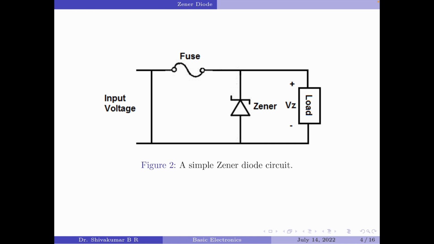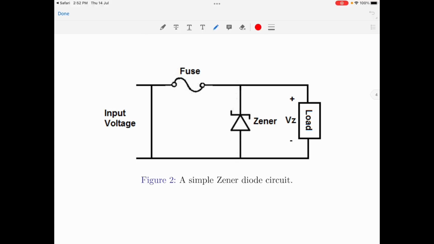Let us now try to understand how reverse breakdown occurs in a Zener diode and what is the cause for it to occur. In a Zener diode, the reverse breakdown occurs due to electron quantum tunneling under high electric field strength, and this mechanism is called the Zener effect. In simple words, the Zener diode breaks down due to the movement of free charge carriers in the diode due to the application of a high electric field. When I say high electric field, you must note that it is nothing but a high value of input voltage being